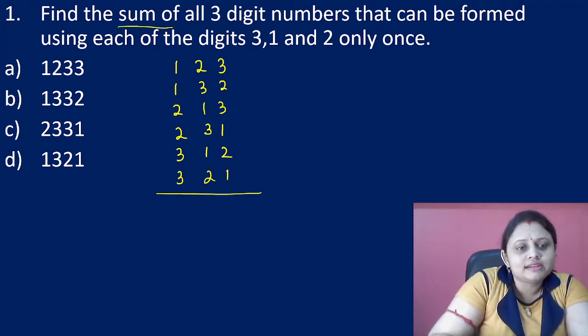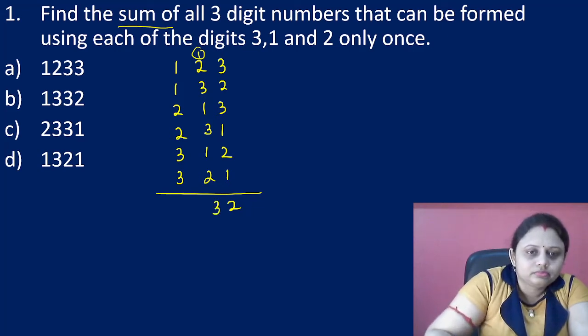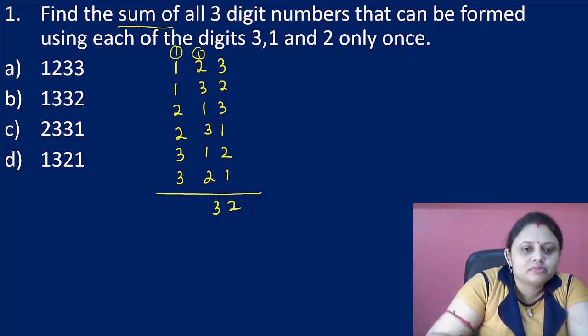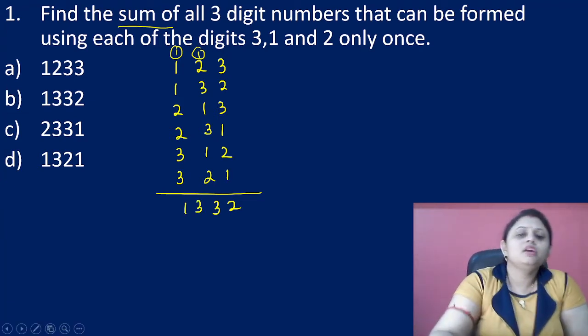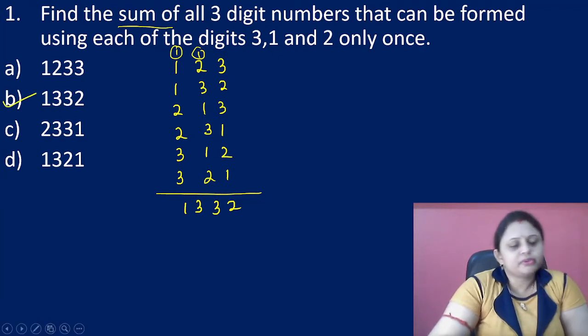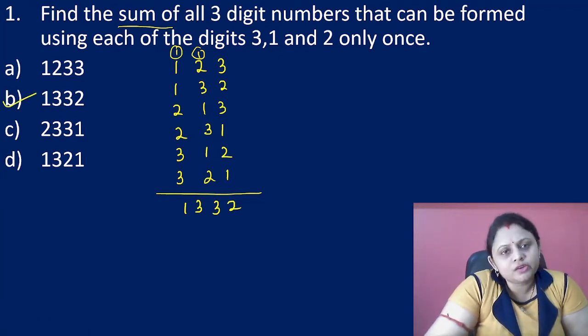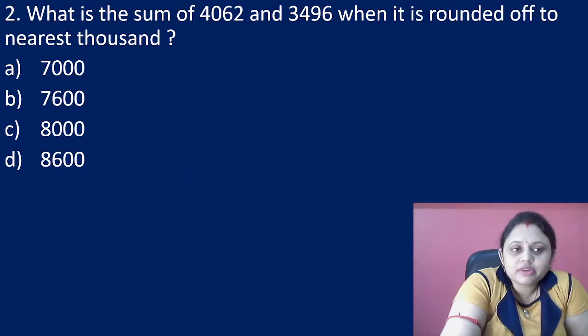We have to find its sum. So 3, 2, 5, 3, 8, 1, 9, 2, 11, 1, 12. Then 2, 1, 3, 3, 6, 7, 10, 11, 13. Then 2, 3, 5, 7, 10, 13. The sum is 1332. Okay, so is it present in our options? Did you get it? Where is it? It is present in option B, that is 1332. Okay, everyone understood it? Chalo, let's move to our next question.